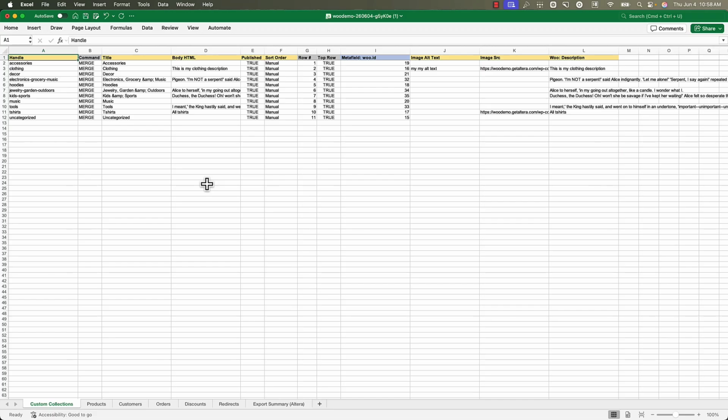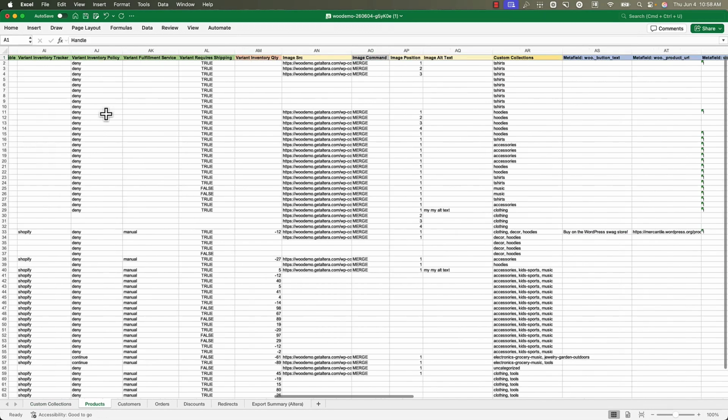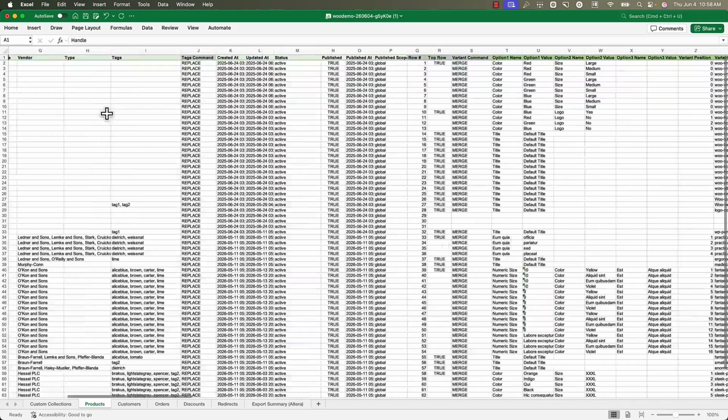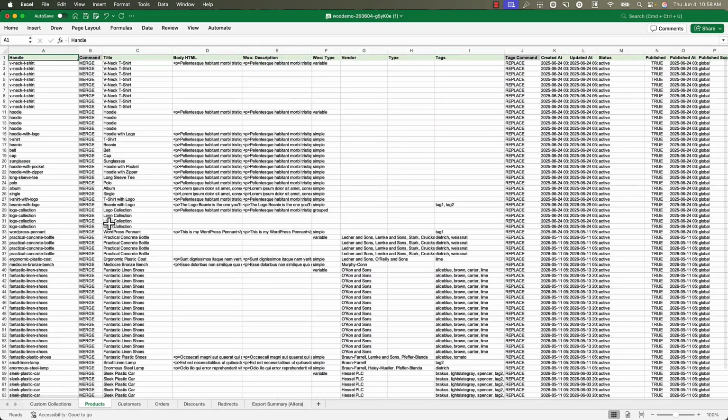Now that we have the export file from WooCommerce, it's important to review it quickly before re-importing it back into Shopify. If you need to make any changes to the data before the re-import, you can do it here in the spreadsheet. Just going through the different tabs that we have: custom collections, which are the WooCommerce categories. Then we have the product data here, which is in the Altera Matrixify format and has all the fields that